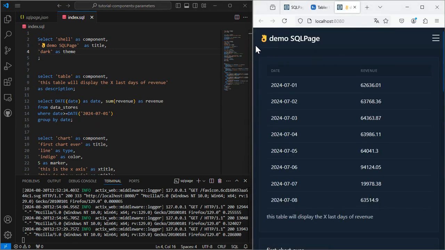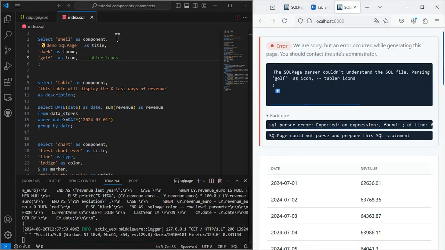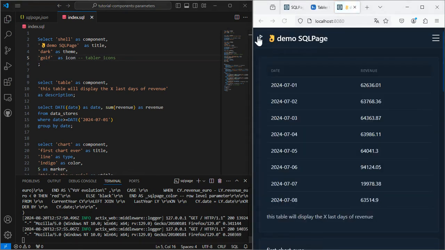Here is the shell component, and the theme is dark. We can add an icon, which is another top-level parameter coming from tabler.io. Sorry. There you go.